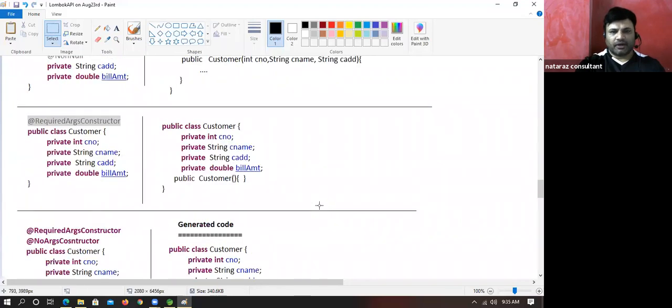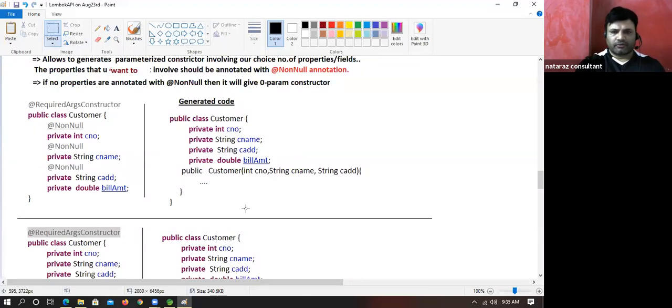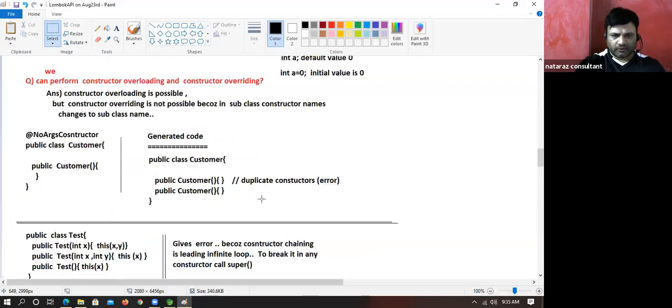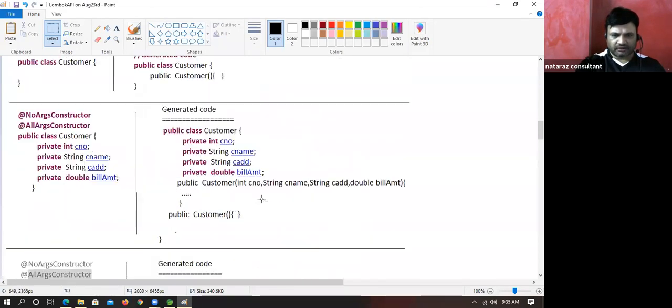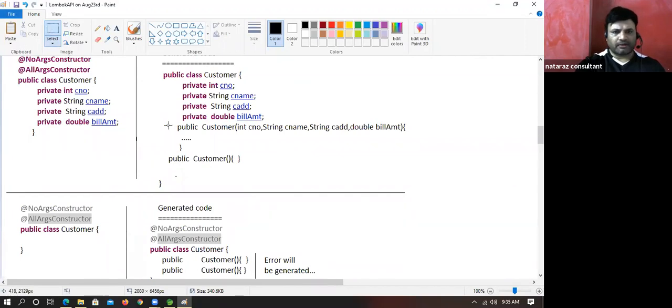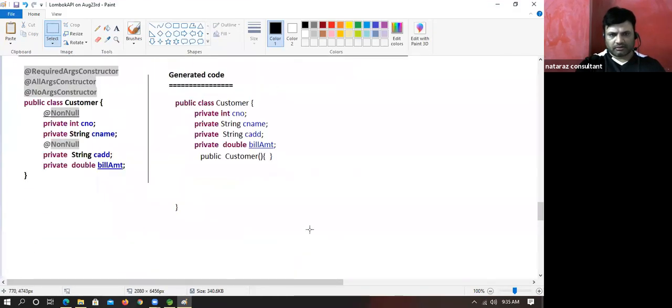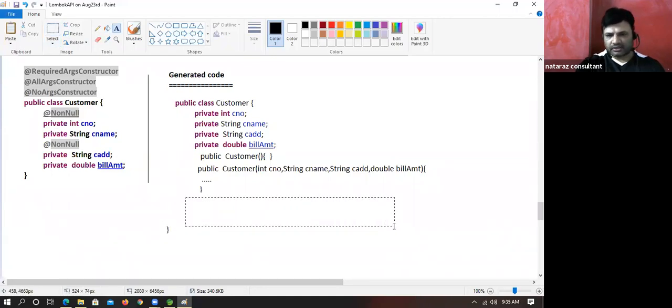Fine. One four param constructor. Cool. One four param constructor and one two param constructor. What is this? One two param constructor.